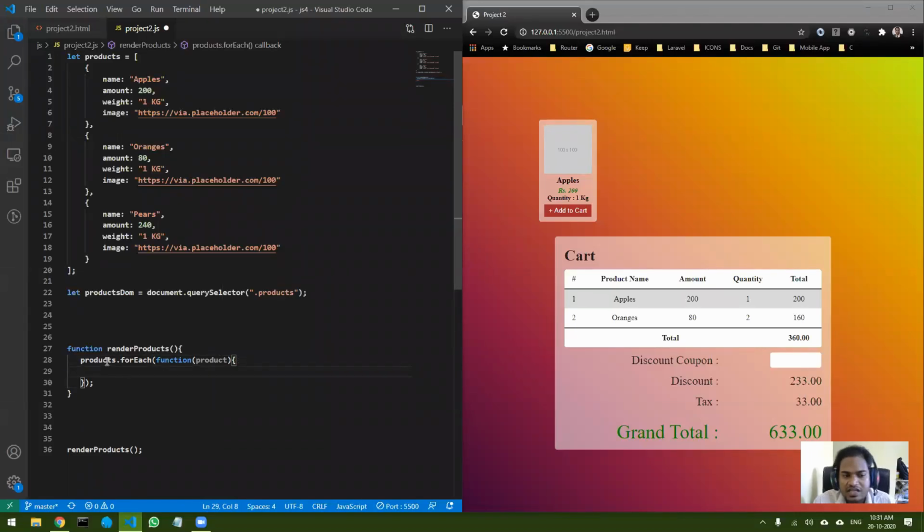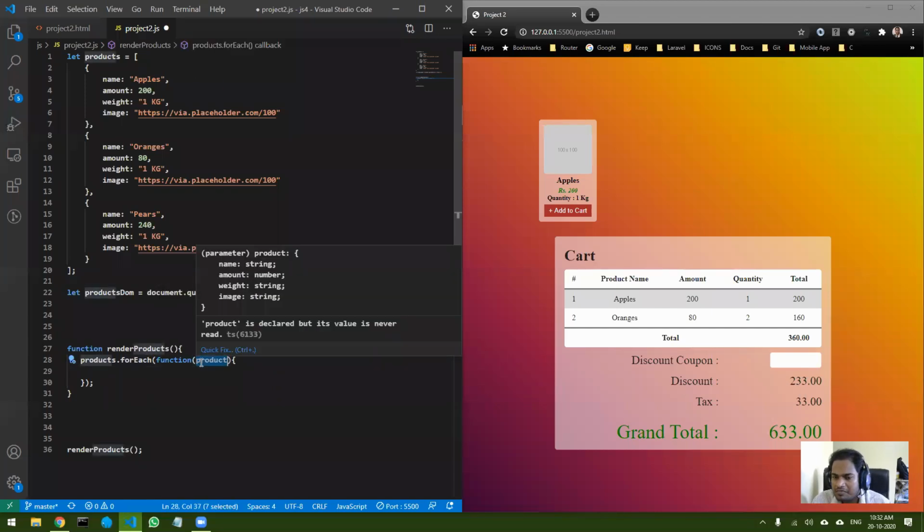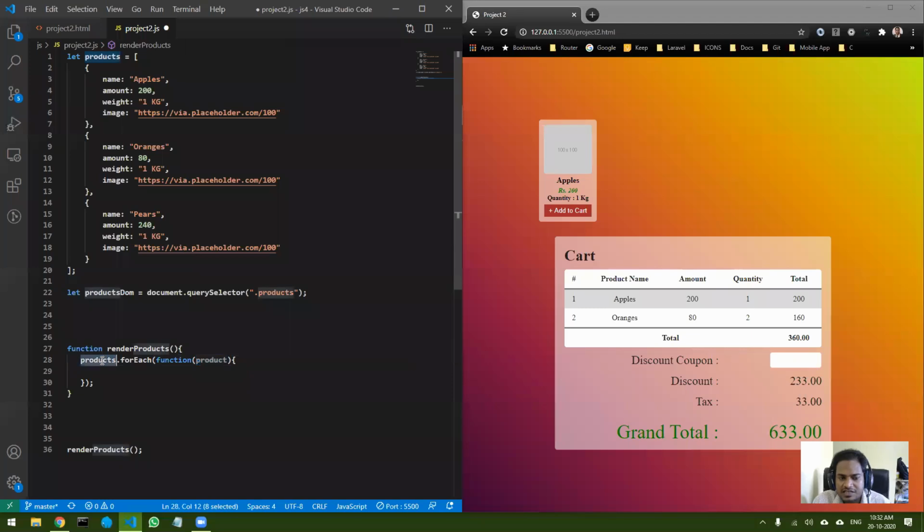You can use any for loop, but I'm just trying to take a variety of for loops. So I've used the forEach function now. When I do this, I get one by one each product inside this products array.